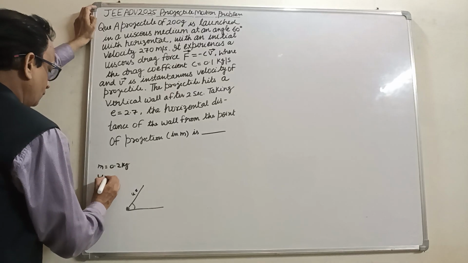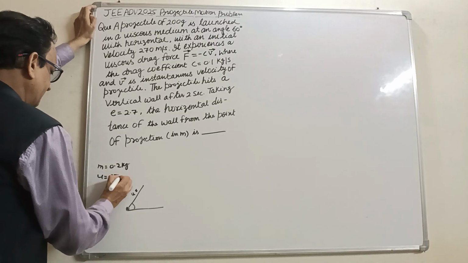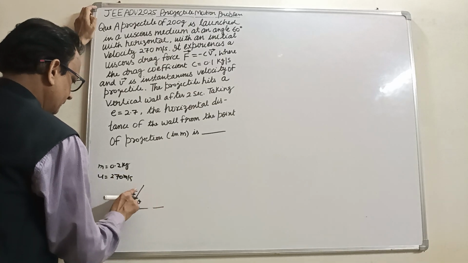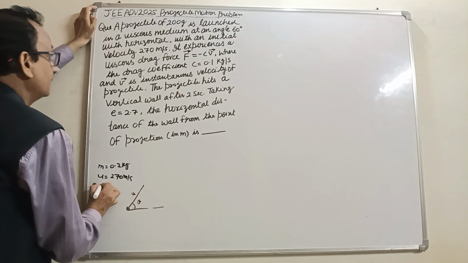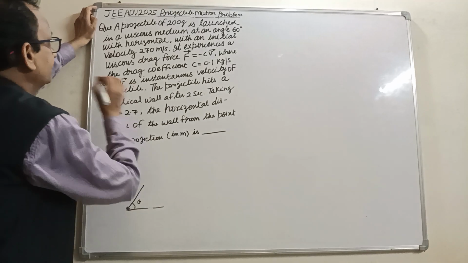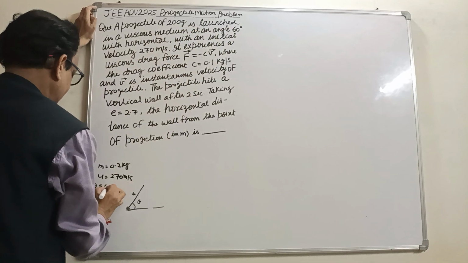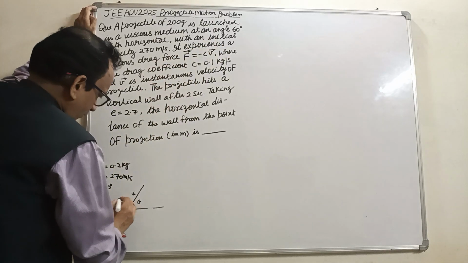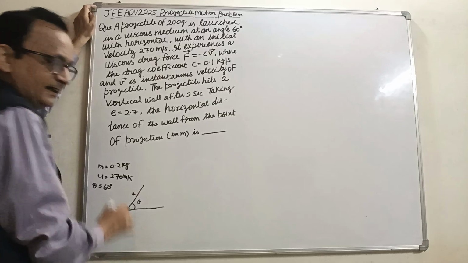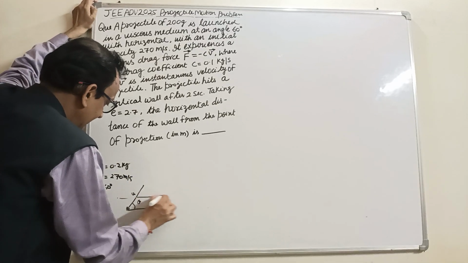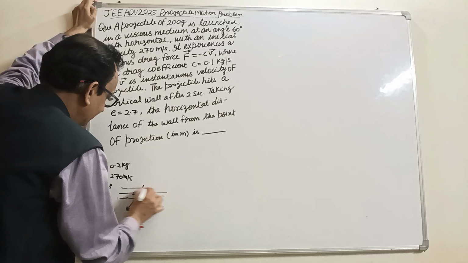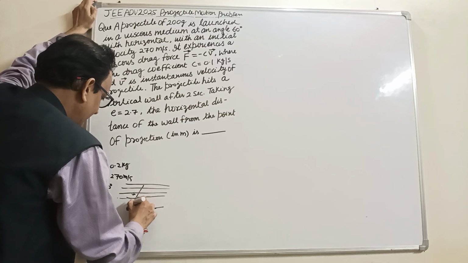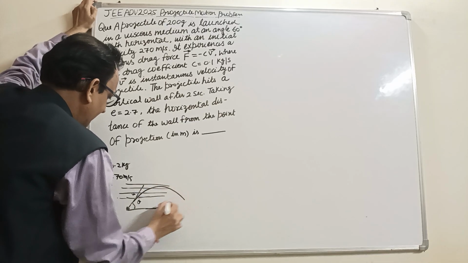given 270 meter per second. This is u, and theta is given 60 degree, the angle 60 degree, and here it experiences a viscous force. So in the x direction, in the y direction gravity is acting, but in the x direction, the layer of air is here, and the viscous force is acting. So when the projectile moves here, this is the path of the projectile,